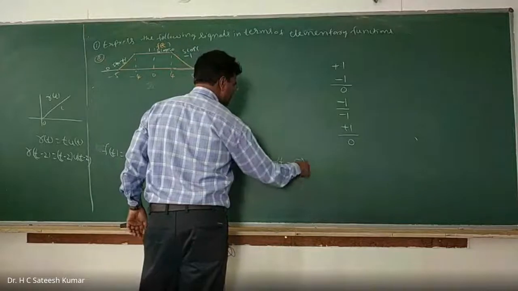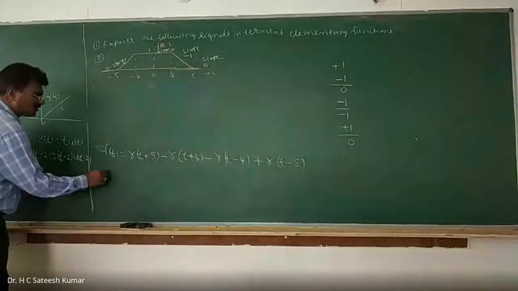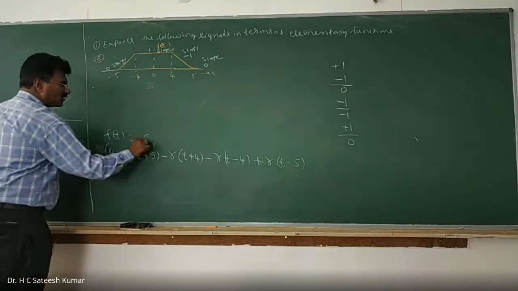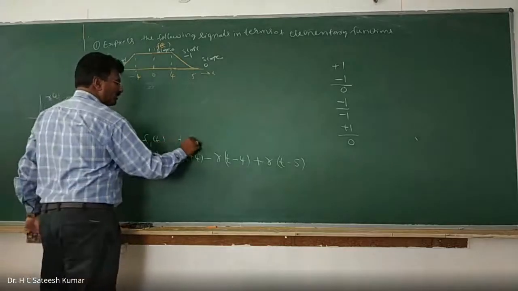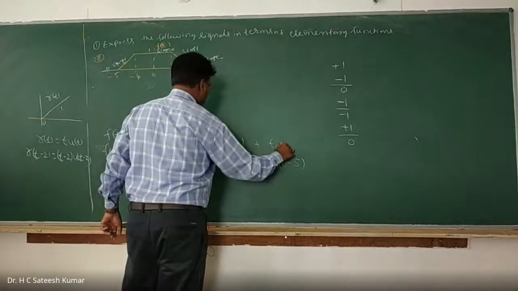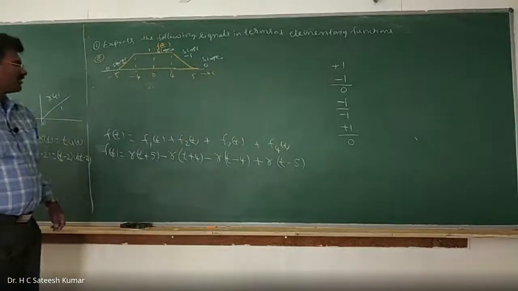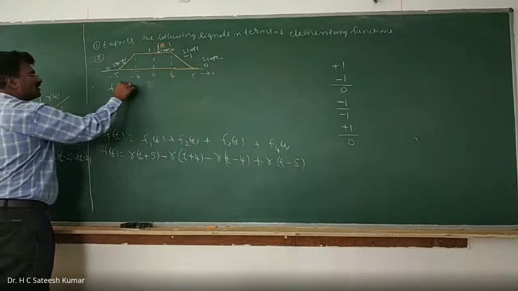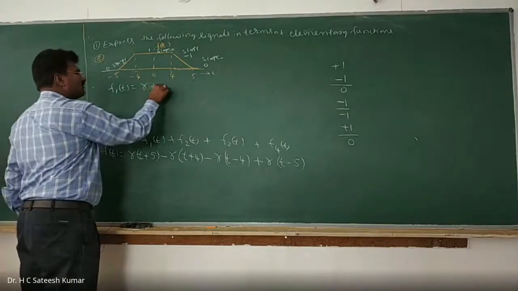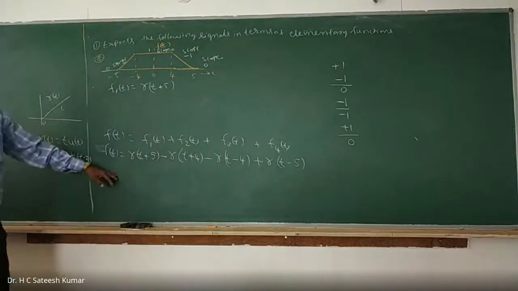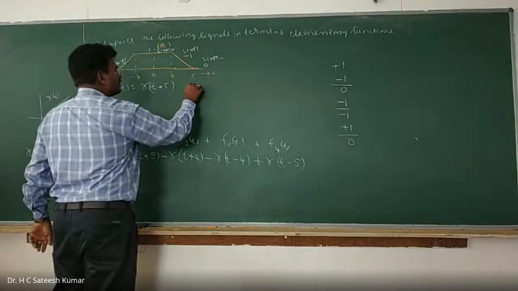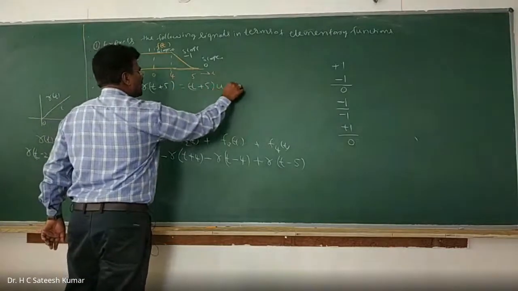That's it. Okay, right. How will you represent this in terms of, what is that? F of t is equal to F1 of t plus F2 of t plus F3 of t plus F4 of t. This one we should write in the examination. F1 of t is equal to r of t plus 5, reverse engineering I am doing. I know the answer, first I'll write the answer. For the examination point of view, I'll write all the steps. R of t plus 5 is nothing but t plus 5 into u of t plus 5 in terms of step.